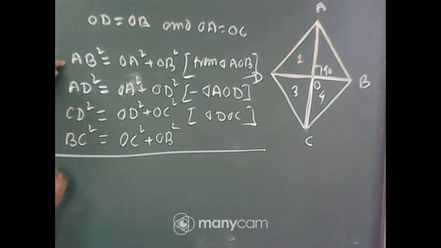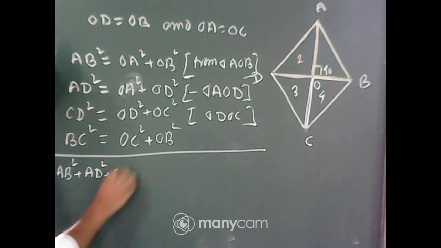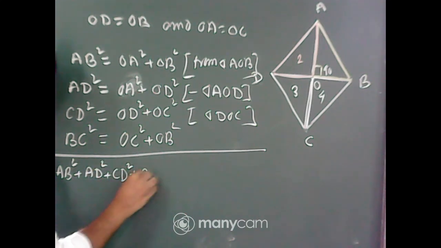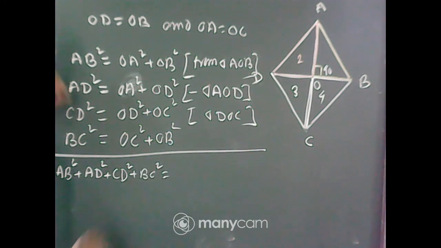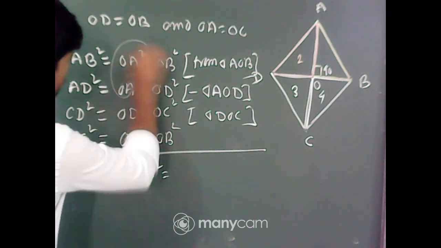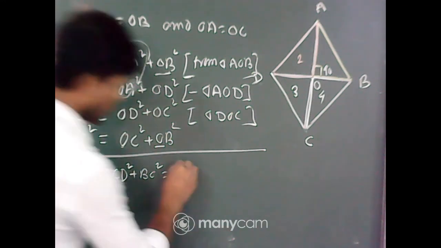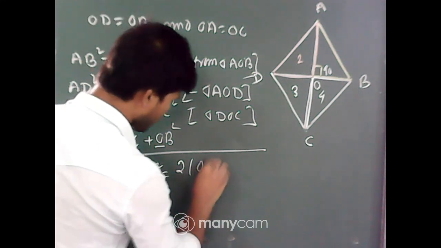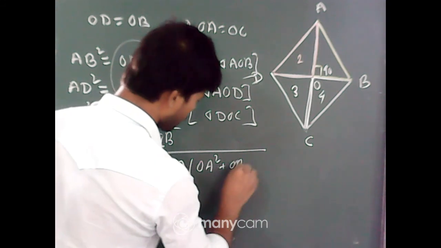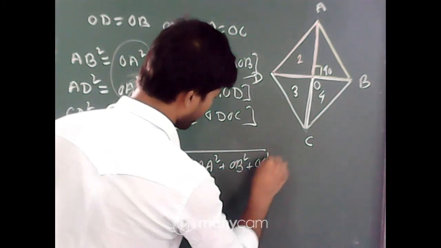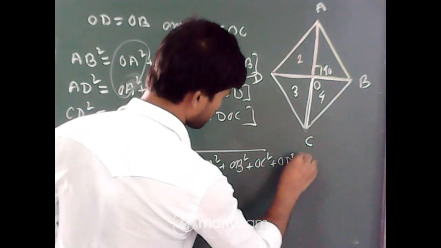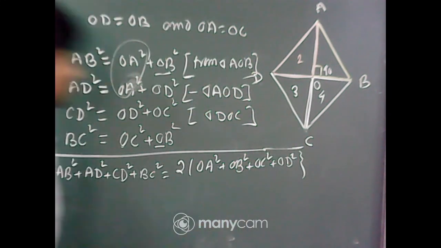Now add them. So the left hand side will be AB square plus AD square plus CD square plus BC square, and on the right hand side, look, there are 2 OA, 2 OB, 2 OC and 2 OD. So it will be 2 into OA square plus OB square plus OC square plus OD square. That means